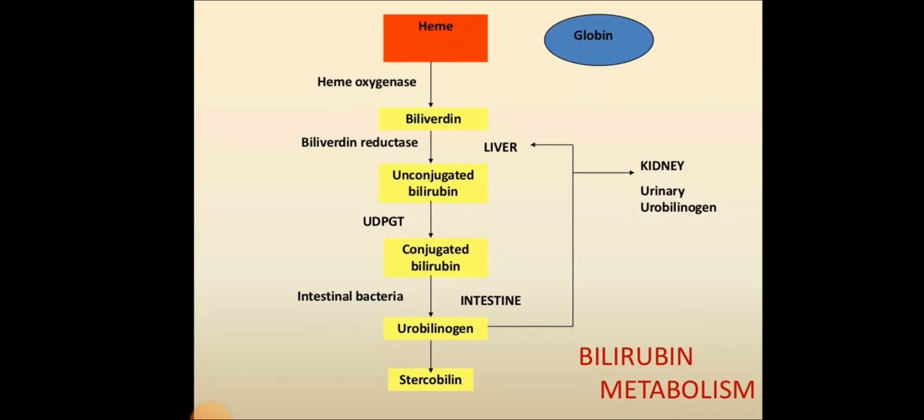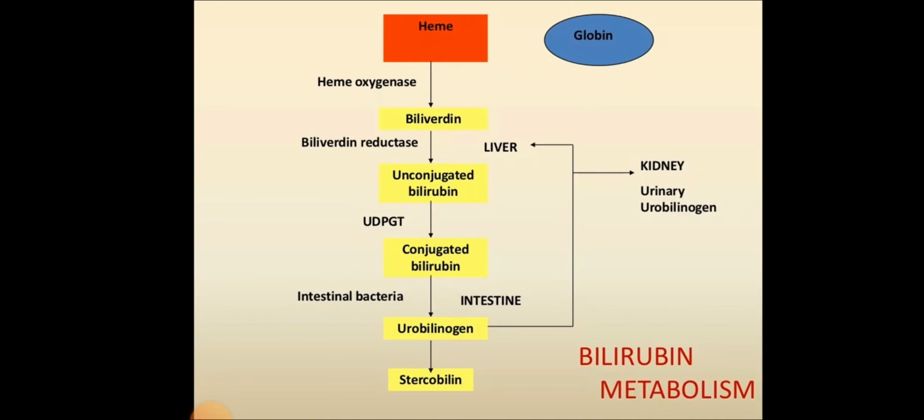So unconjugated bilirubin is not the water soluble form, and conjugated is the water soluble form. And this reaction takes place by the combination of glucuronic acid with unconjugated bilirubin. And at this point,